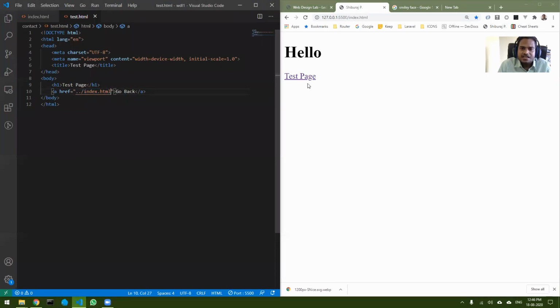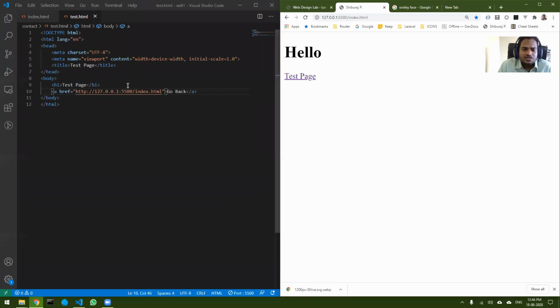The same thing, if I would have done it using an absolute path, then you can see the absolute path does not change at all. Even if the test page changed, the absolute path is still the same. So that is the advantage of using absolute path over relative path. But both have their advantages, and both have their disadvantages. So just to summarize before